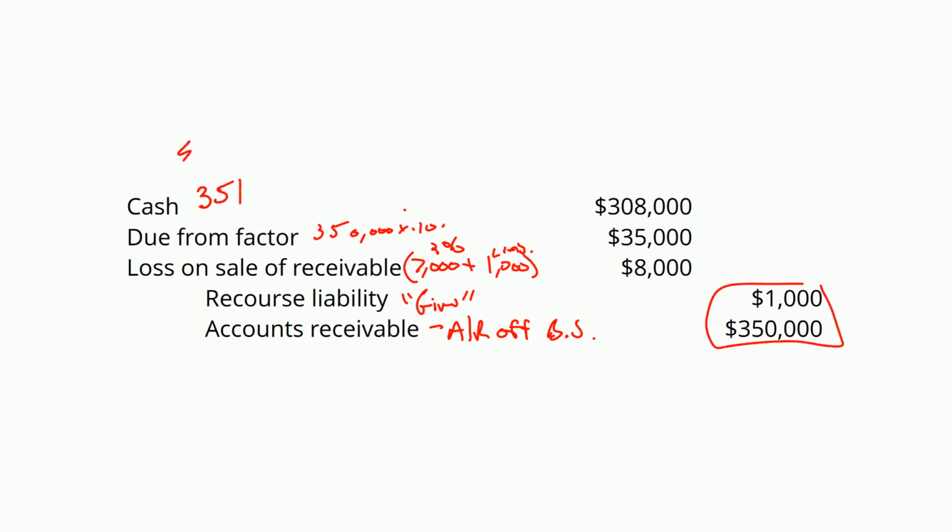The sum of the credits minus the debits. We have a debit of 8. We have a debit of 35. What does that give us? You back into your 308. And there you go. Alrighty, so this was an outstanding conceptual. Kudos to the writers of this example because they did a beautiful job in putting that all together. Alrighty, guys, so that wraps that up, and now we'll look at another example illustrating accounts receivable, the allowance method. But let me give you a second to digest that.